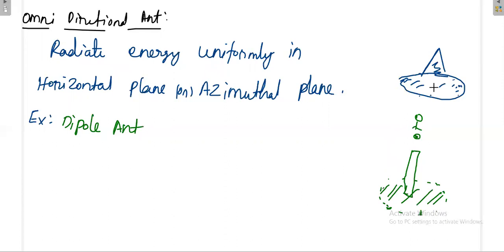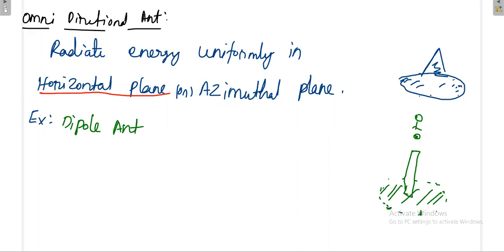If I have an antenna that radiates uniformly only in the horizontal plane, because in the horizontal plane people are present, that means it will form a circular radiation pattern in the horizontal plane. Then that particular antenna is called an omnidirectional antenna. Please note down the difference very clearly, because isotropic will radiate uniformly in all directions, but this will radiate uniformly only in the horizontal plane, but not in the other planes. Only in the horizontal plane will it radiate uniformly. In all other planes, we do not know what is the nature of the pattern.